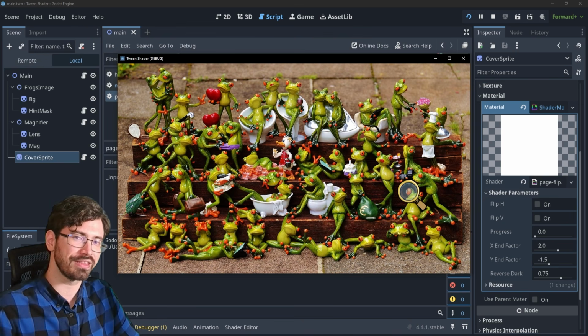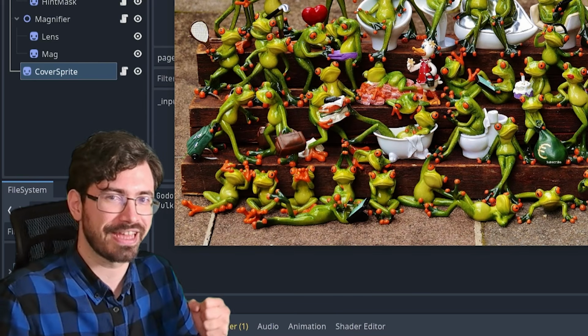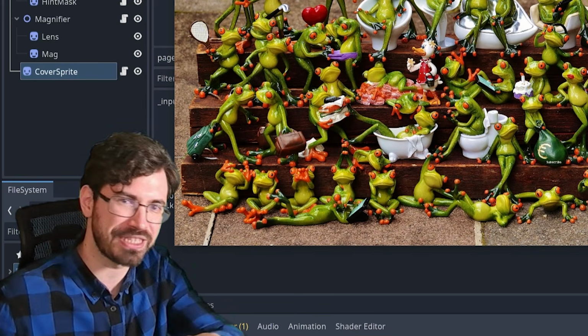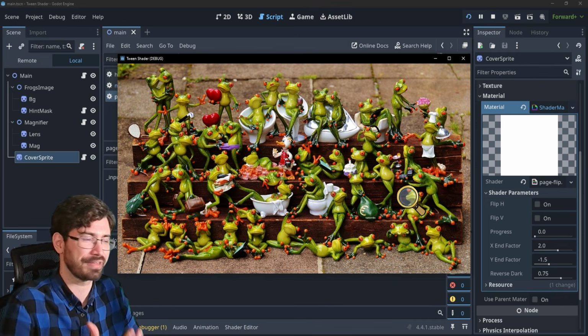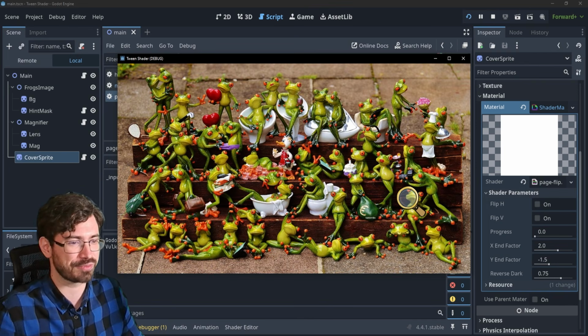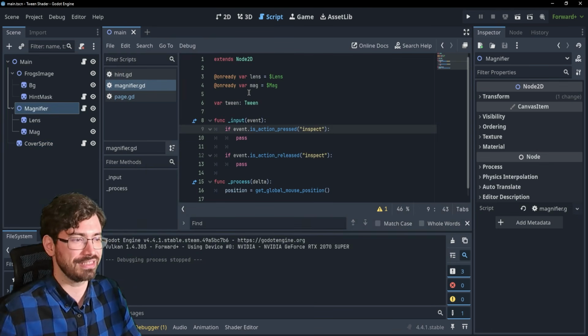But I do not want the player to only be able to explore. I want the player to play like a real detective and to zoom in there to inspect every little detail. And to do that, I want to be able to animate this magnifying glass as well. So if I now go to my magnifier and go to the magnifier GD script,